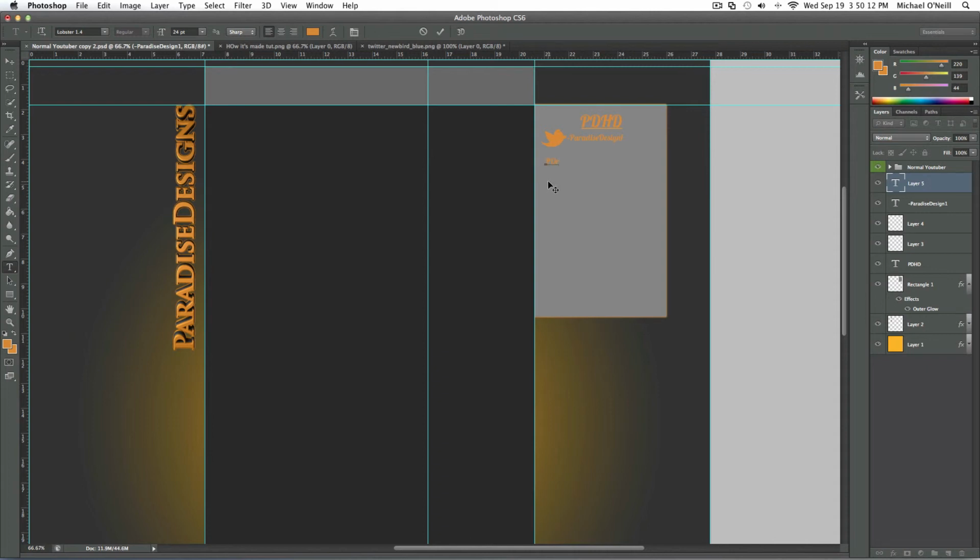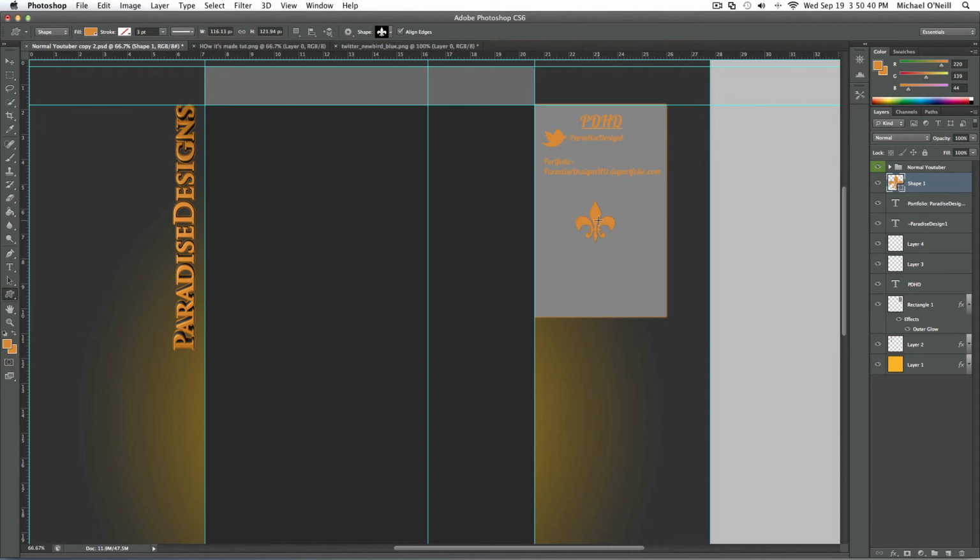And then I'm gonna put portfolio, Paradise Designs HD dot portfolio dot com. Boom. Let's align this right here. That looks pretty cool. And then we go into our rectangle tool, custom shape, and what I did is I just drew a little fleur-de-lis here, same color and everything. Then I did text, made this a little smaller, I think, and then I just put how it's